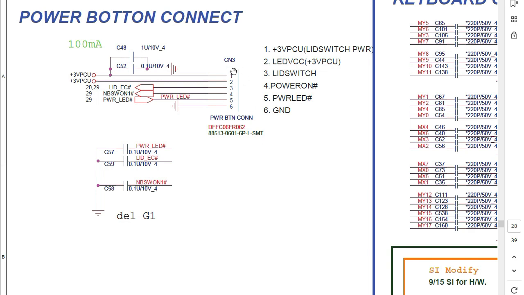For this kind of power button, as you can see, we have 6 pins. The first pin we have plus 3 volt. Here we have plus 3 volt. Pin also we have LED VCC 3 volt. This 3 volt basically is for the LED. And then in pin number 3 we have